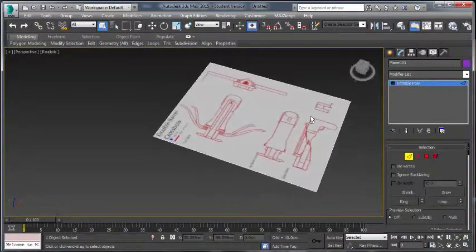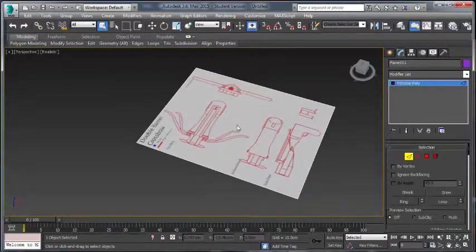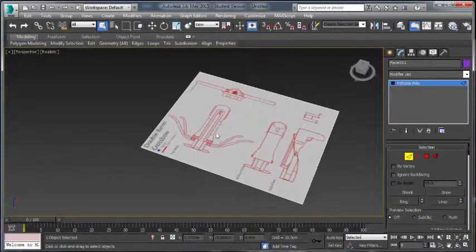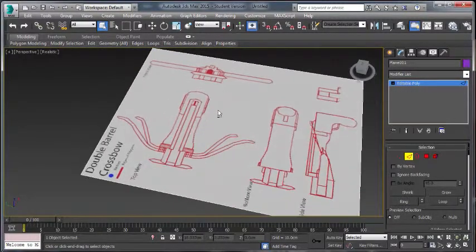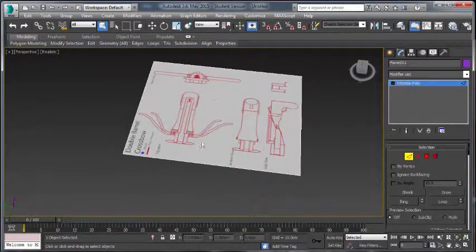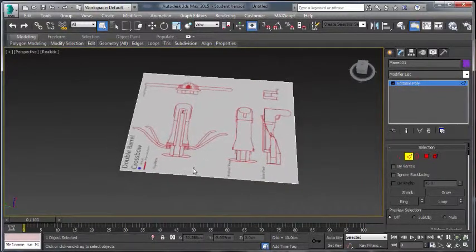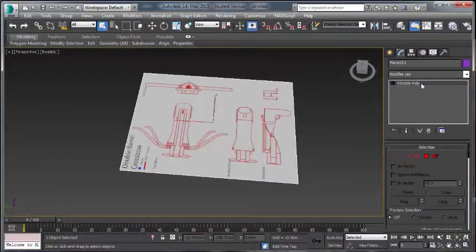Now, since we've got one plane here, we don't want it all together. We want the top view to be underneath our model so we can work top down. We want the side view to be in front of the model so we can work on the side view, and so on and so forth with the top view and bottom view as well. So we're going to separate this plane into even segments so we can use them as reference or guides, as I should say. So in the editable poly, make sure you select it, and in the selection we want to select